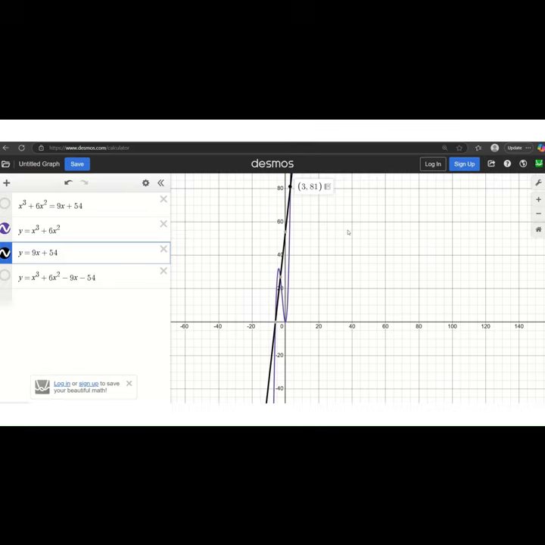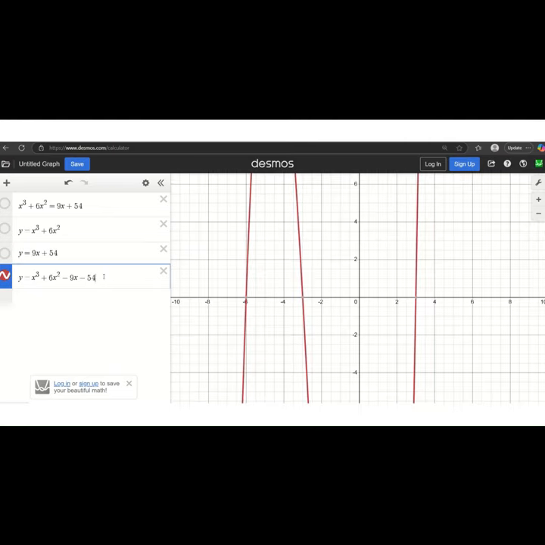So a third option you have is to go back to your original equation and get everything onto one side. So what I did here was I subtracted 9x from both sides, so it becomes a -9x down here, and subtracted 54 from both sides, and then set it equal to y instead of a 0. And what that does is it graphs the polynomial, and when you do it this way as opposed to the first way, it actually will give you those dots there to confirm, yes, those x-intercepts